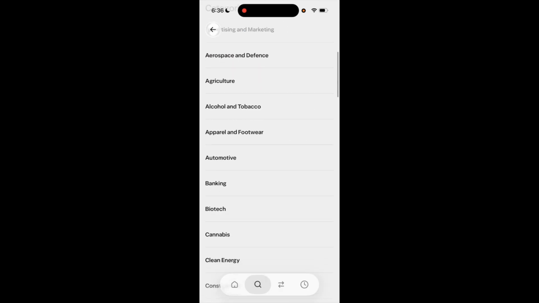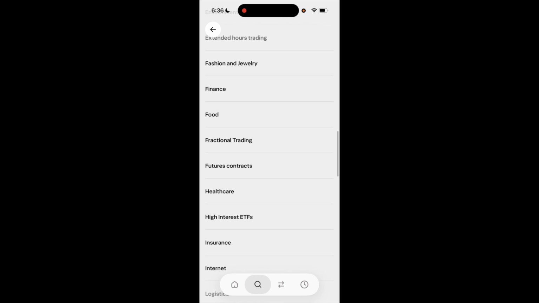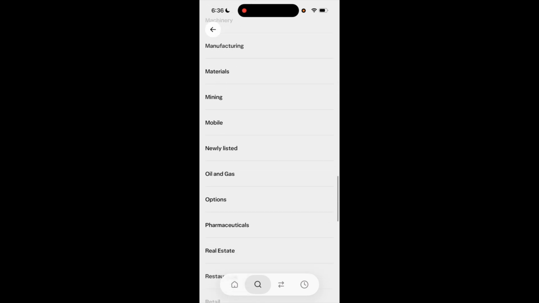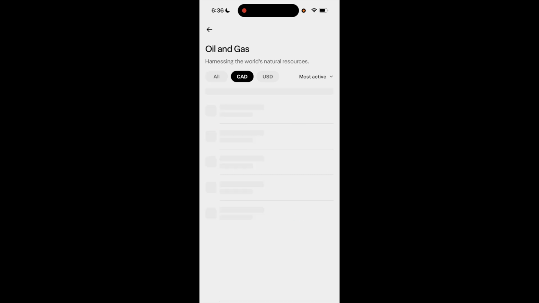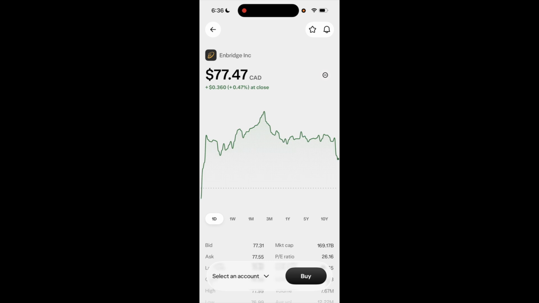And let's just say you wanted to invest in, how about oil and gas as an example? We'll then go to Canadian traded right here. And let's just say we wanted to use Enbridge as an example. I will select Enbridge. So once your stock is selected, go to the bottom left and where it says select